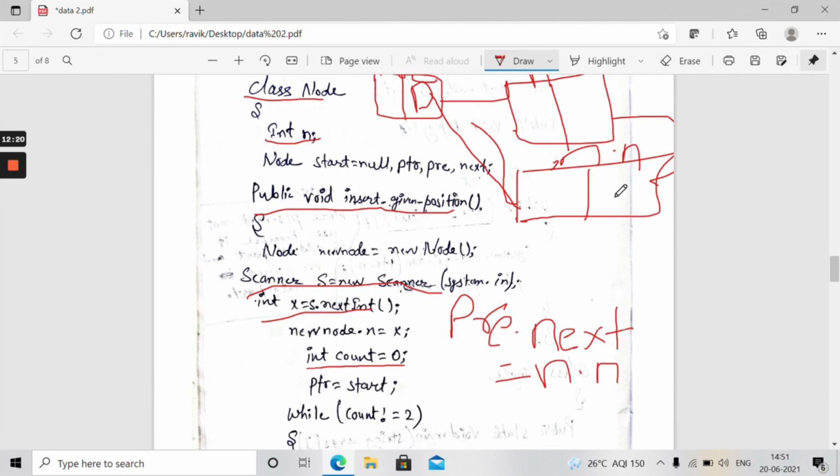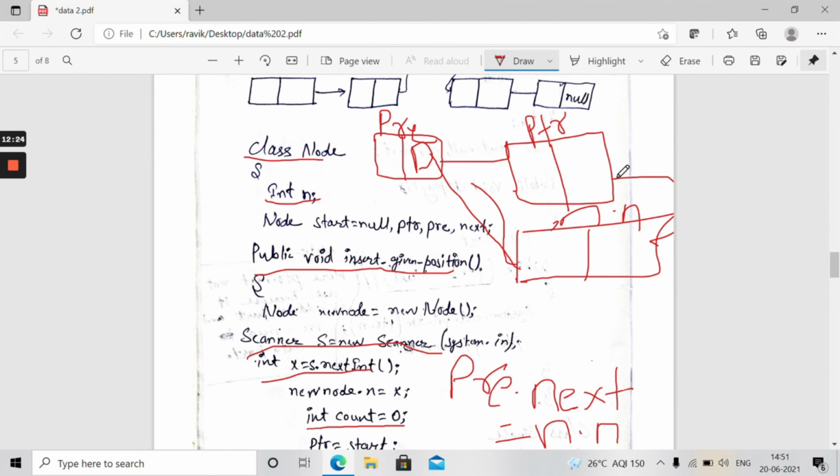Then we write new node dot next. Guys, here you have to understand, you can't write ptr dot next equal to new node, because we have to connect from this side. So we have just said new node dot next. New node dot next, we are coming from the left to right, we are not coming from the right to left.